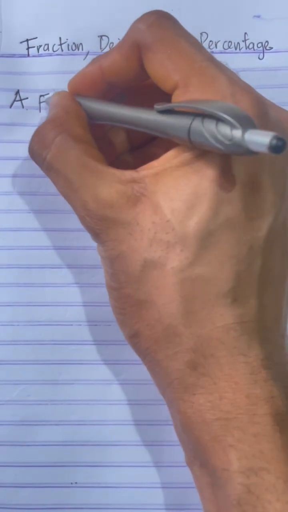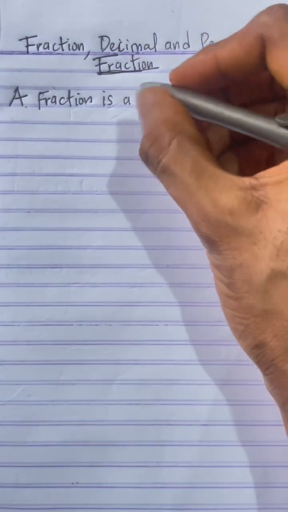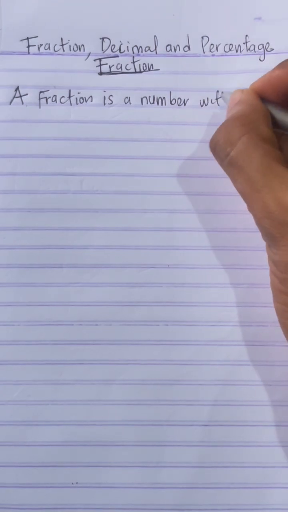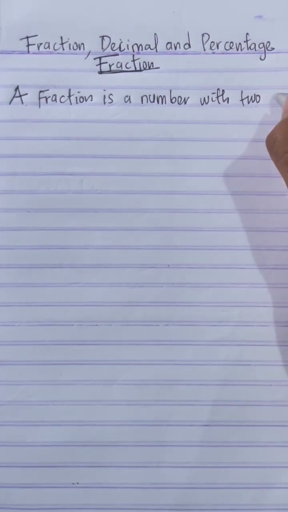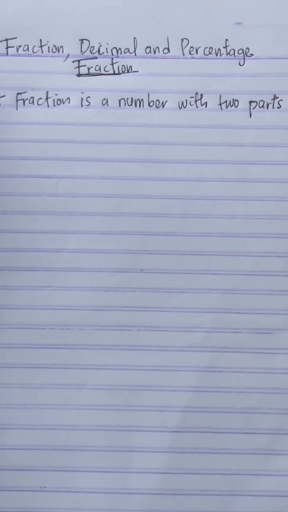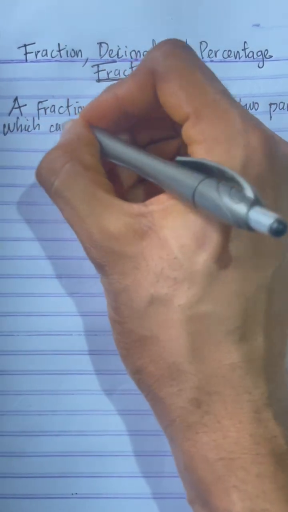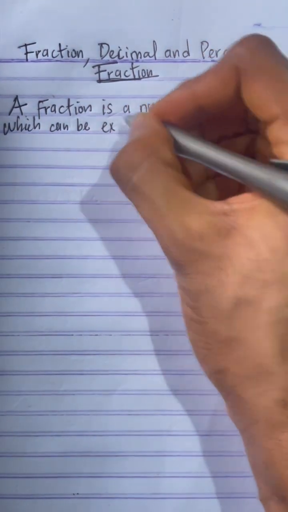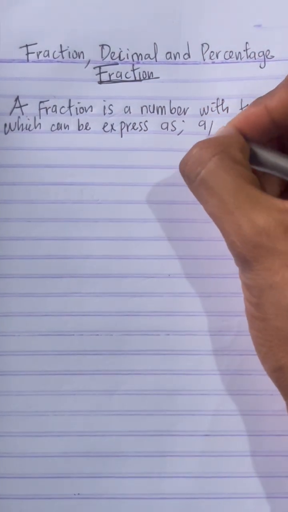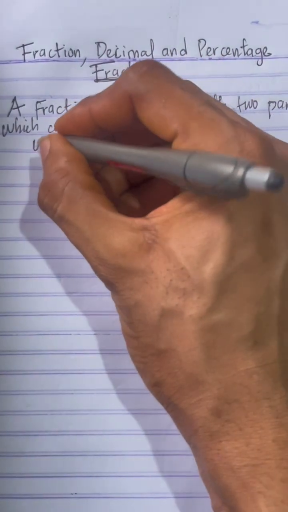A fraction is a number with two parts, which can be expressed as a over b, where